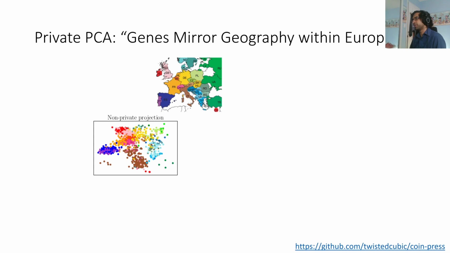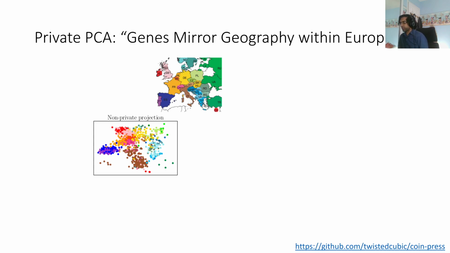What the researchers did was they took a high-dimensional genomic dataset from a GWAS study, if you're familiar with what that is, with about 1,000 individuals on that order. They took each individual and colored their data point with their country of origin. For example, an individual from Spain would be colored blue, and an individual from Great Britain would be colored pink, and so on.